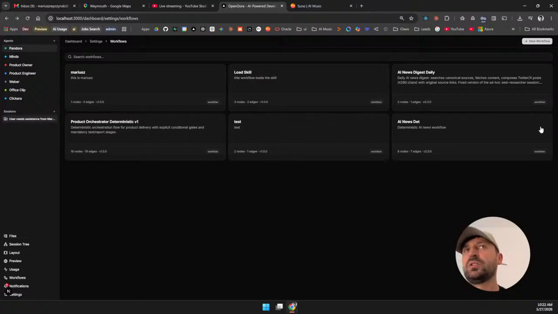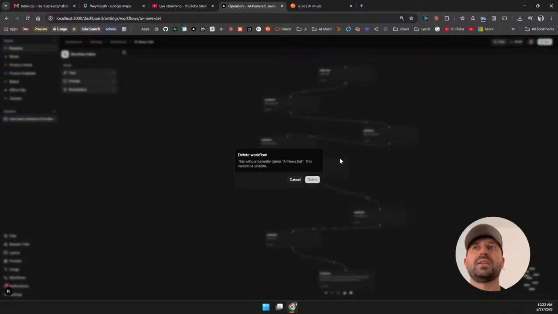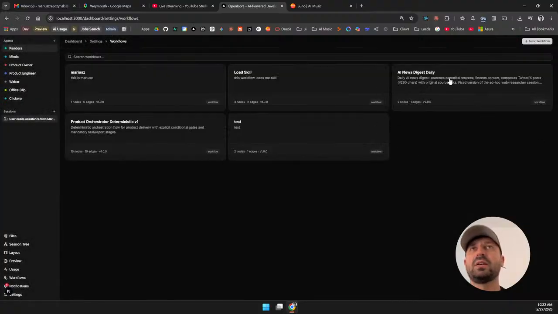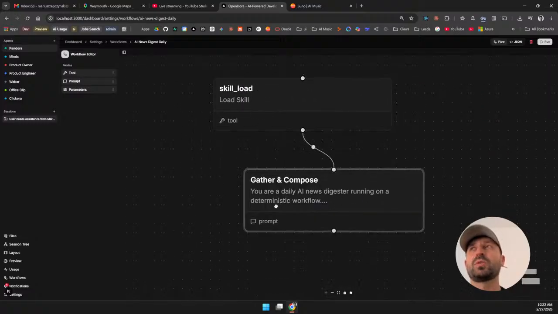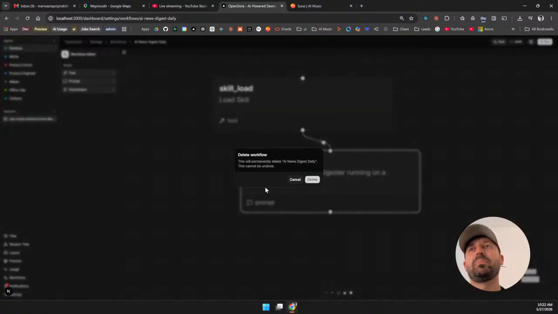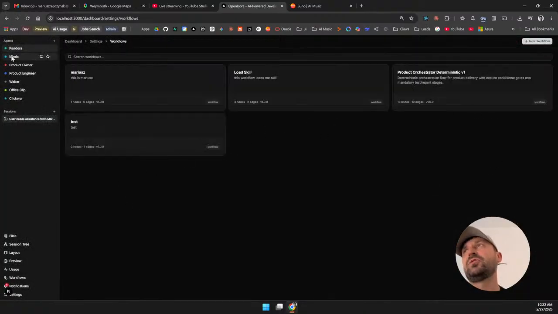So we've got AI news. Actually, I'm going to do some tidying up because at the moment some of the workflows that are created here, they're pretty much created by Mind's agent. So the idea is that human can create and improve workflows, but at the same time, the agents can. And you probably want to drive most of your agentic stuff, most of your builds and everything else, through agents. The difference OpenDora makes